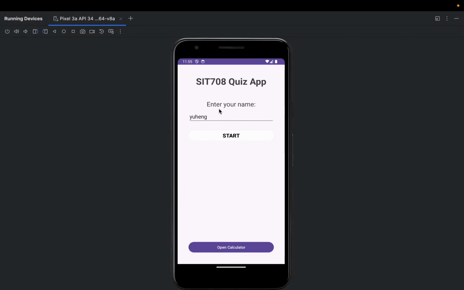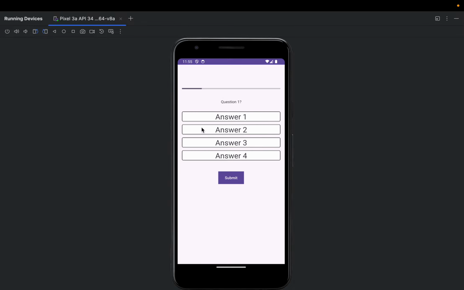And also for the quiz app, which includes entering the username and then clicking start. We will have a progress bar as follows here. Once we finish one question, the progress bar length will extend. And also if we click each of the answers, if it is the true answer, the color will turn green,